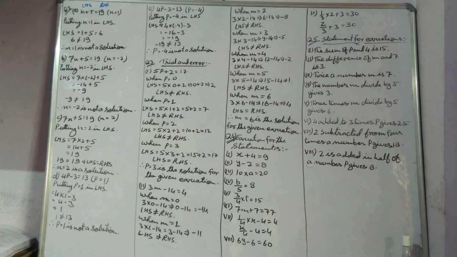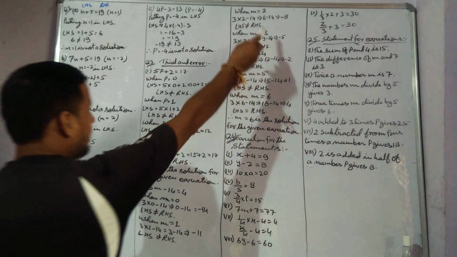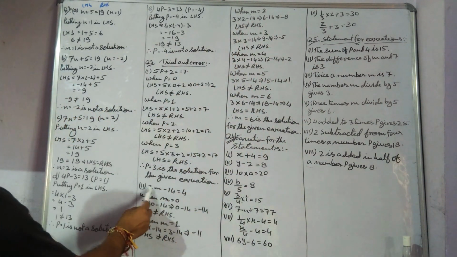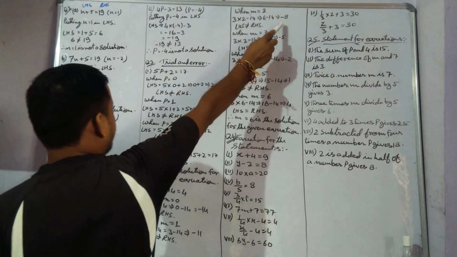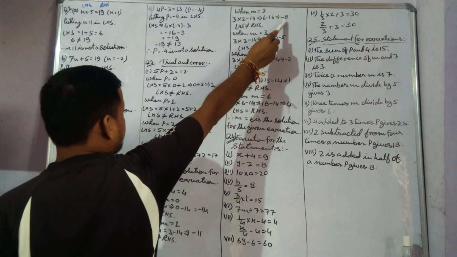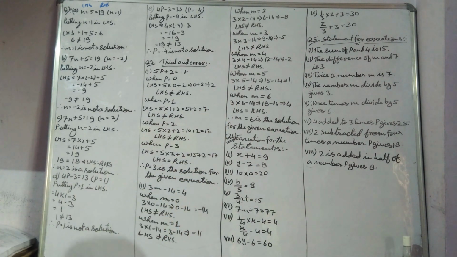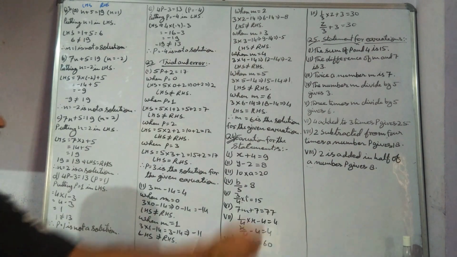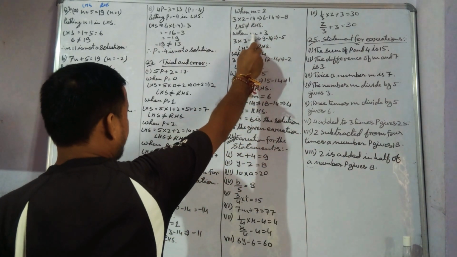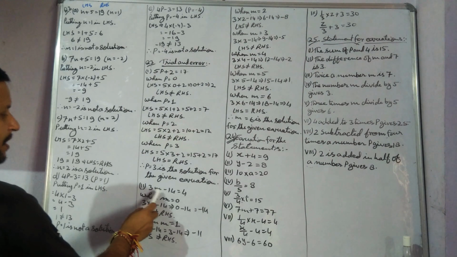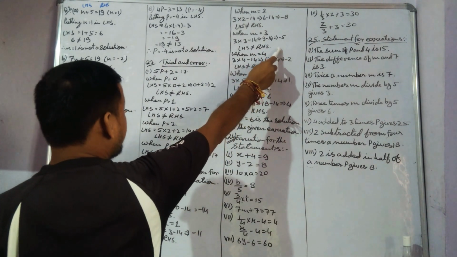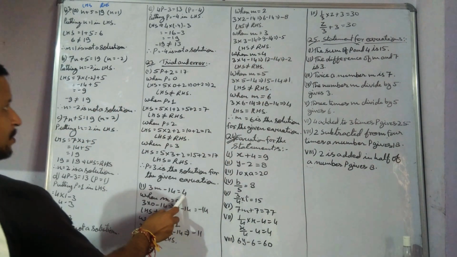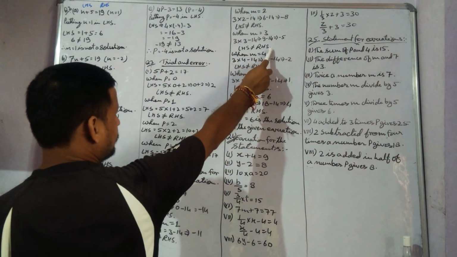Now we will take the next value, m equals to 2, so that time it is here 3 into 2 minus 14, which is equals to 6 minus 14. On solving we will get minus 8, and in that case minus 8 is not equals to 4, so LHS is not equals to the RHS here. Now m equals to 3, so we will put 3 into 3 minus 14, so that is here 9 minus 14, which is equals to minus 5. It means that minus 5 is not equals to 4, so LHS is not equals to RHS.